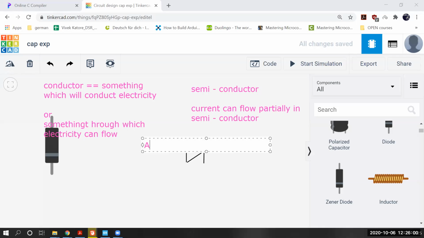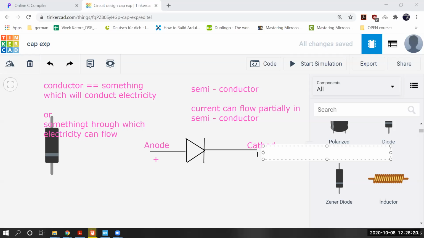This side is called the anode, and this side is called the cathode. Those are the names. The anode is simply the plus side, and the cathode is simply the minus side.